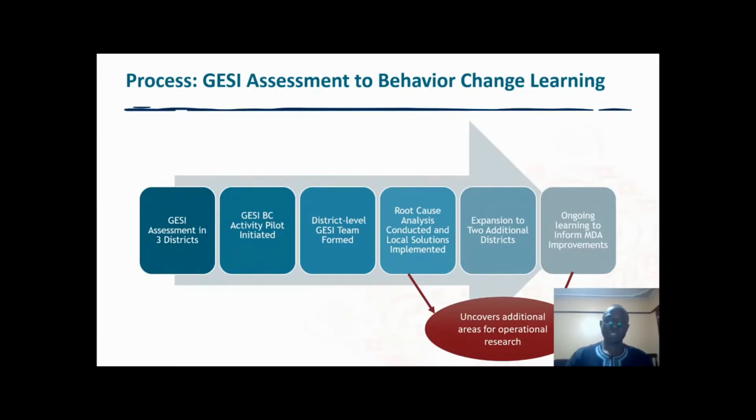So after getting information from the cohort members, the route agents together with the district GESI team analyzed this information to identify those barriers that were causing people to miss or refuse MDA, and then they invited the influencers identified by the community, recruited them into behavior change teams, and then provided orientation to these influencers on trachoma, covering what trachoma is, what causes it, how to prevent